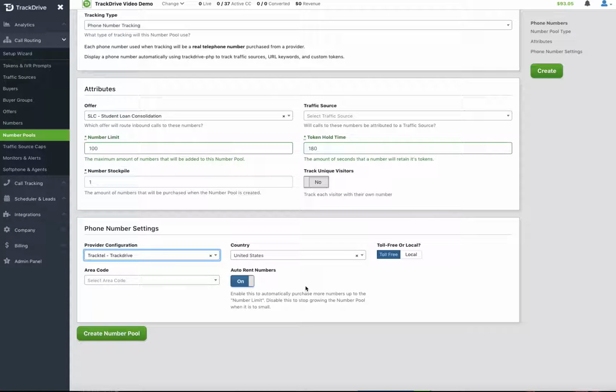We'll even do number pools for numbers that TrackDrive doesn't own, or we're not integrated through Plevo or something like that. We can get numbers from Sonatel, which we have no integration to at the time of this video, and those numbers could be pointed towards TrackDrive, and you could put them all into a number pool, and we'll optimize even virtual numbers. So if you were trying to put virtual numbers in this pool, you'd turn auto rent numbers off. So I can go ahead and create that number pool,